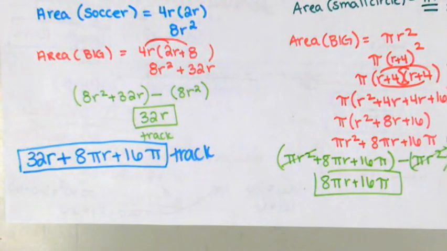Question, real quick. Yes. How did you cancel out the pi r squared again? Pi r squared minus pi r squared. I know, but like, why did you add that extra pi r squared? This one we're